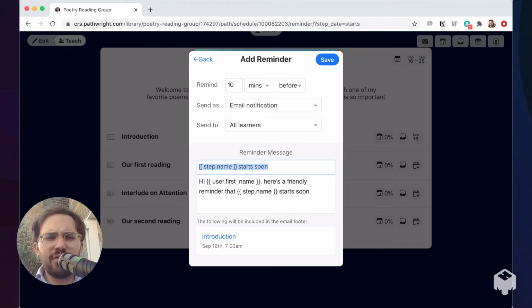I think that works pretty well. But what if I wanted to write something a little bit more provocative? So now in Pathwright, I can customize this message. What if I wanted to, again, this is a poetry reading group, kind of ignite my learners' imagination and get them really incentivized to come and read this poem with me? So what if I write something like,